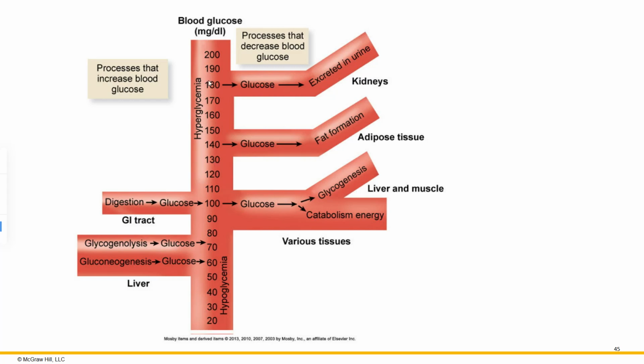With hyperglycemia, the opposite end of the range is when it's too high of blood glucose. So if it gets really high, glucose can spill over and get excreted into the urine. That would likely indicate more of a diabetic state. If it's at about like 140, that's when you have fat formation. So you have so much glucose in the body, it's actually not only going to store it as glycogen, but